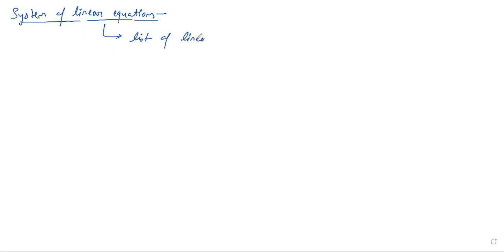Now in this lecture we will see system of linear equations. System of linear equations. So let's see it. So this is basically the list of linear equations with n unknowns